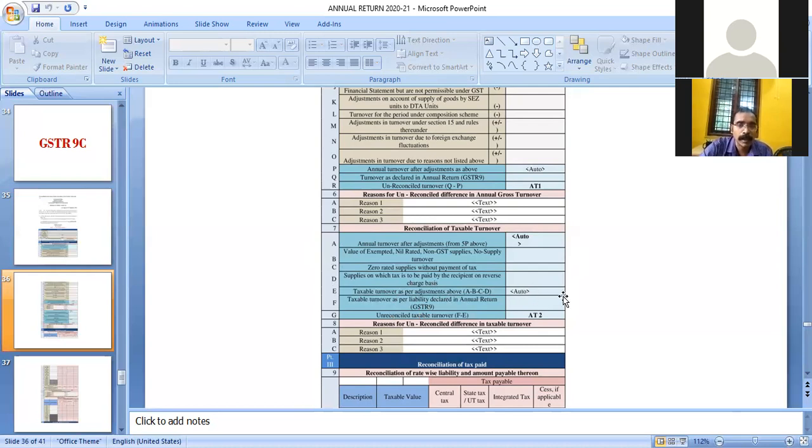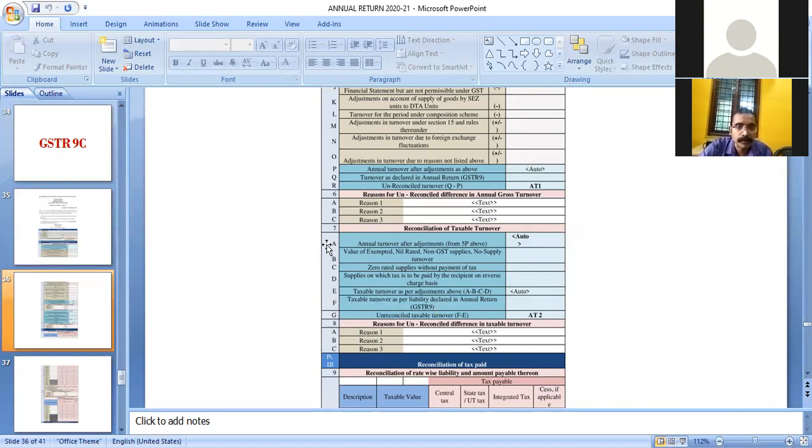It cannot be edited. Then comes column 7F, taxable turnover as per liability declared in annual return. This should be entered from GSTR 9. It should be entered here.